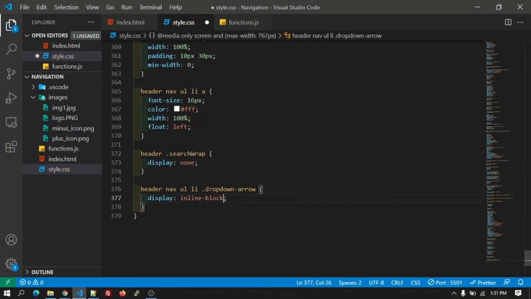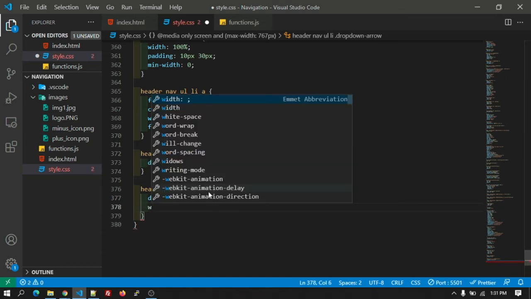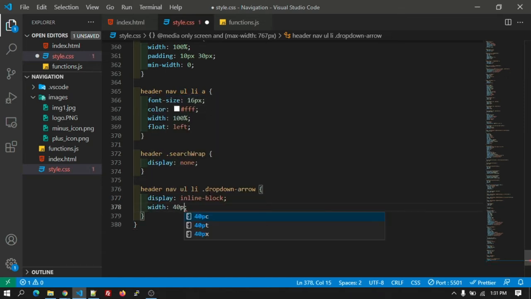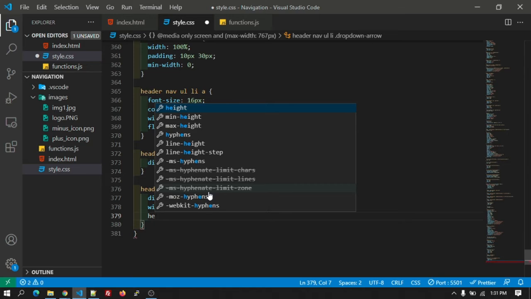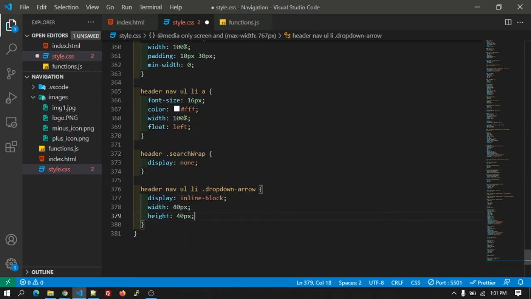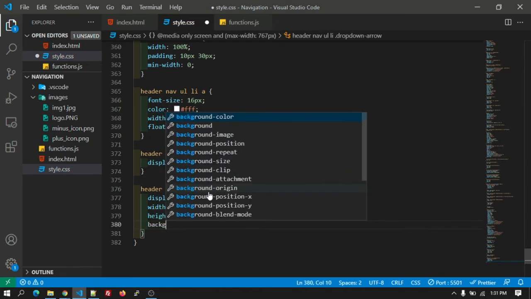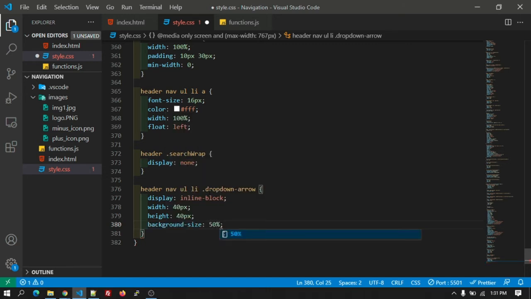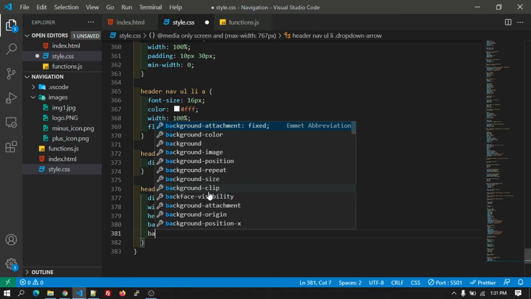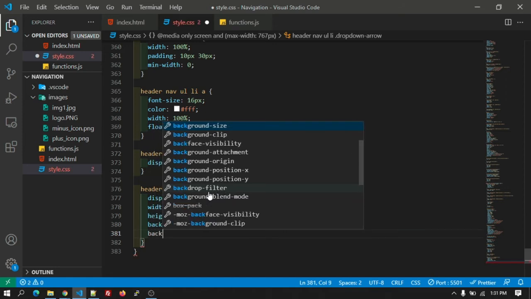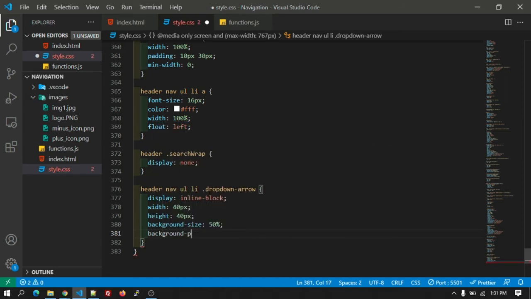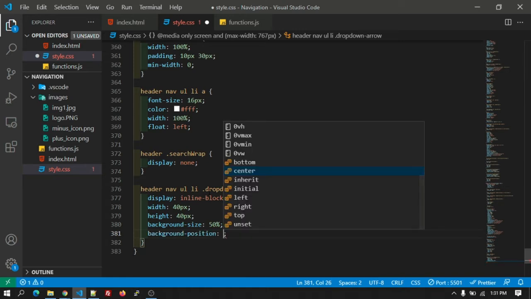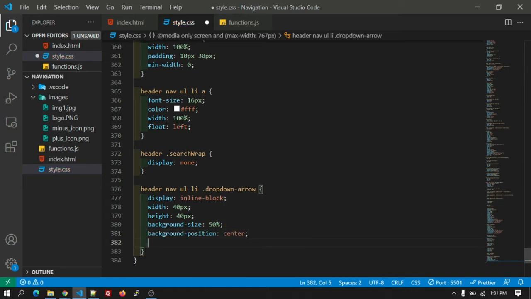Display inline-block, width 40 pixel and the height will be 40 pixel and the background size 50%. Background position will be center. Background repeat no-repeat.